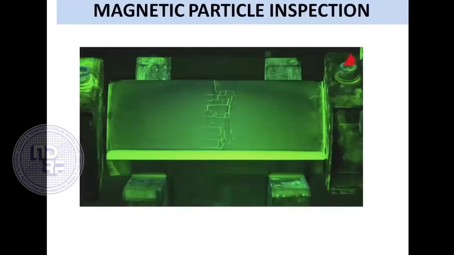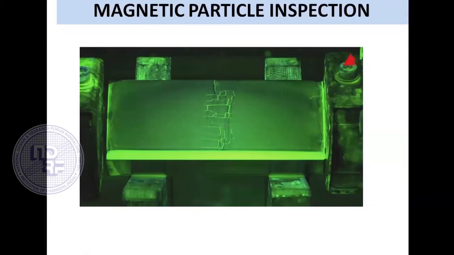Next is the magnetic particle inspection. Magnetic particle inspection is another indicative technique which is used on ferromagnetic materials, materials which can be magnetized. What you see on screen is a sheet metal item which has been installed on a magnaflux equipment. The magnaflux equipment is used for carrying out magnetic particle inspection. Basically, the part which is to be checked, which is a ferrous material, is magnetized, and then